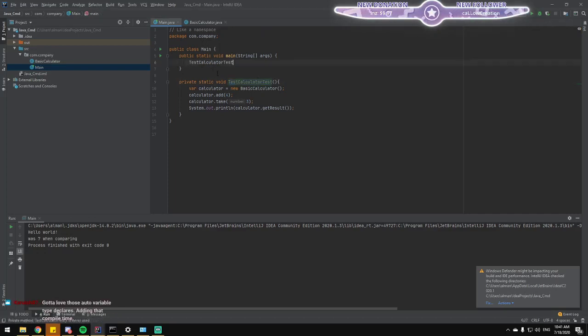Of course, we should first call it. Gotta love those auto variable type declarations adding at compile time. Run. What's happening? Yes, 1.0 as expected. Well, it's really negligible compilation time.